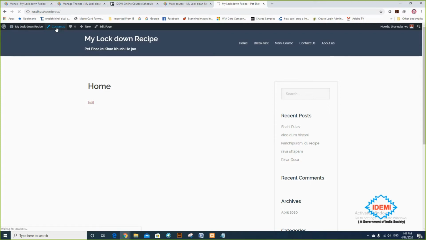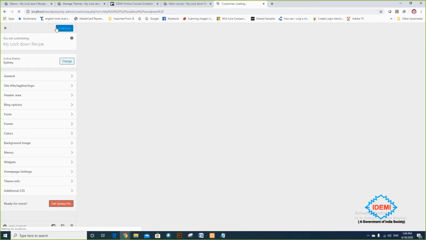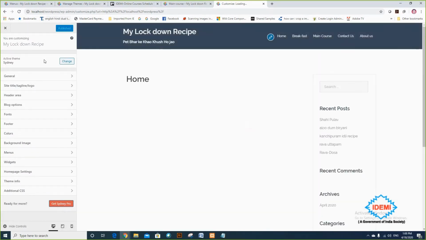So now it will display another dashboard for your existing website. देखो बहुत सारी चीज आ गई है. Okay, जो पहले में नहीं थी. So there is something called the blog option. You can set a font, you can set footer, you can set a color, you can set background image, you can set widget, you can do home page syncing, you can change the theme information, and if you are putting CSS, then you can write your own thing.